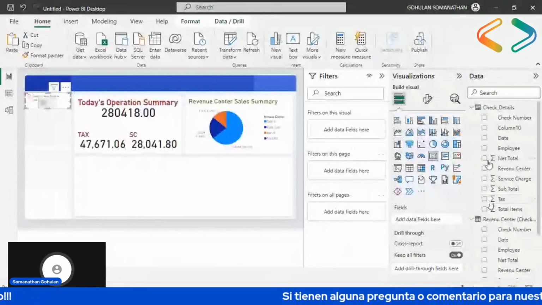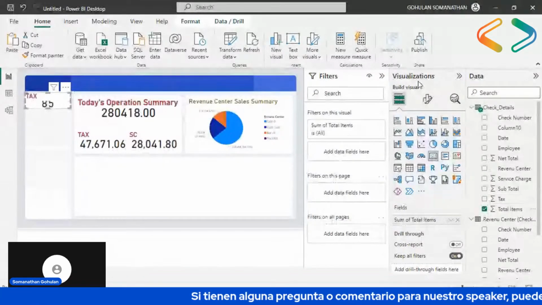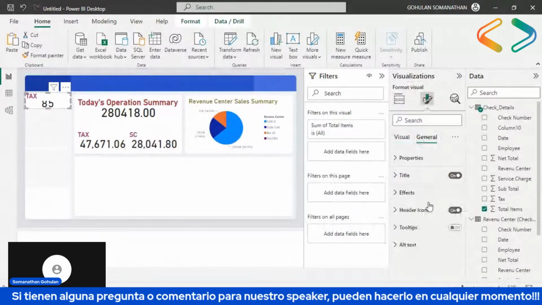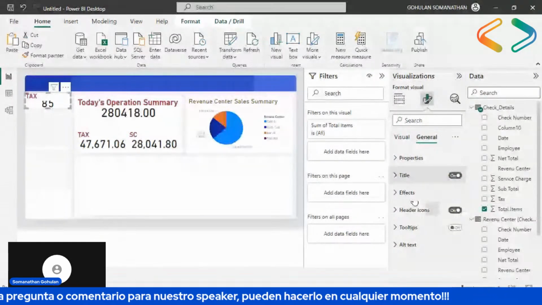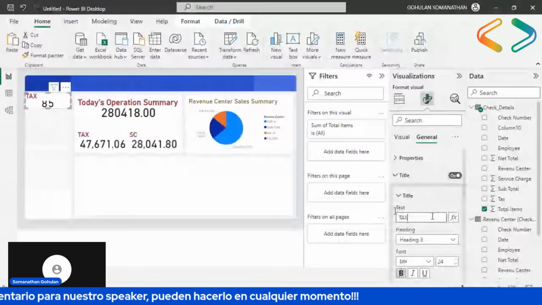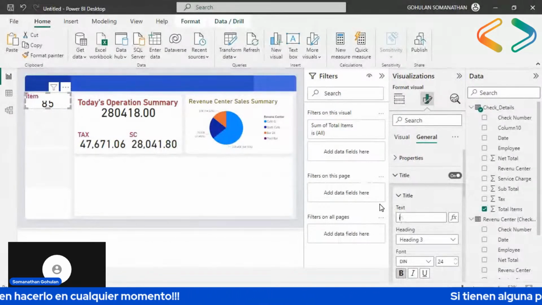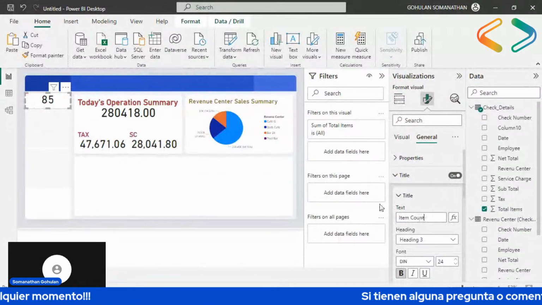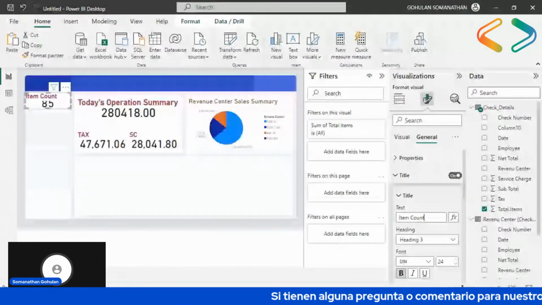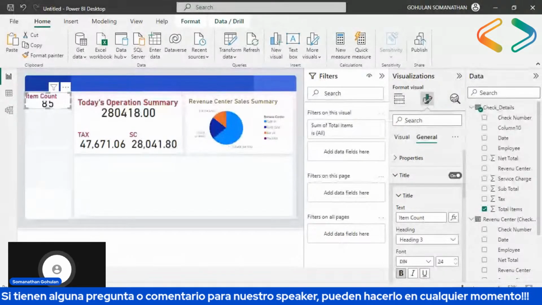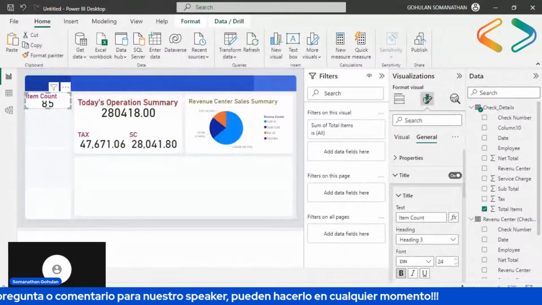So here, total items. I'm going to reduce the font for the title. It should be item count. Maybe we can put it over here. Let me check whether my screen is still available. Yeah, that's fine, there are no issues with the connection.